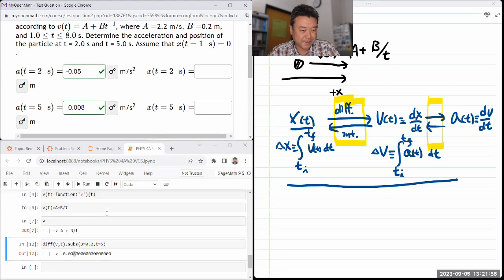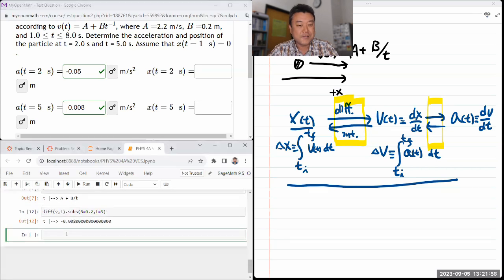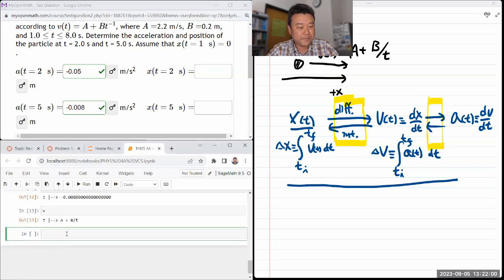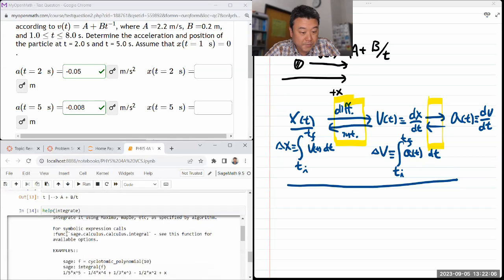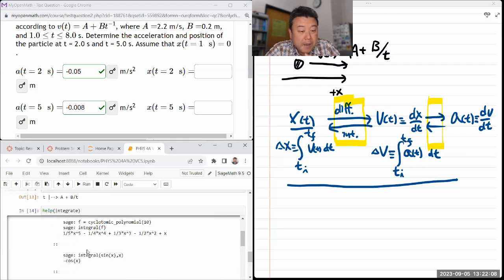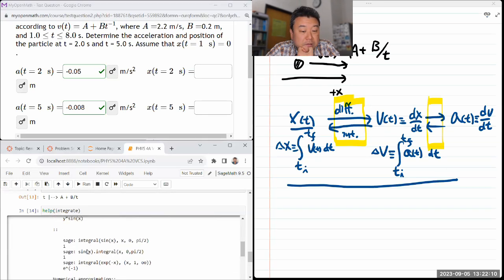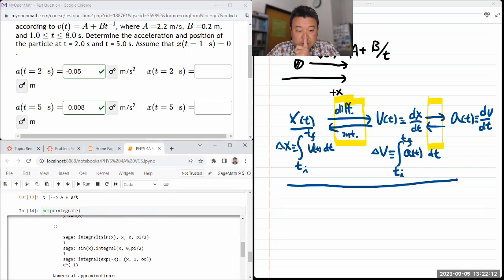Position will be a little bit harder, so let me think this through. I have this function, and I need to integrate it. There's a function called integrate, and there's internal documentation on it. Now, I wonder if I can do an integral. Okay, I can do a definite integral. So I can do a definite integral from a number, time equals 0, to